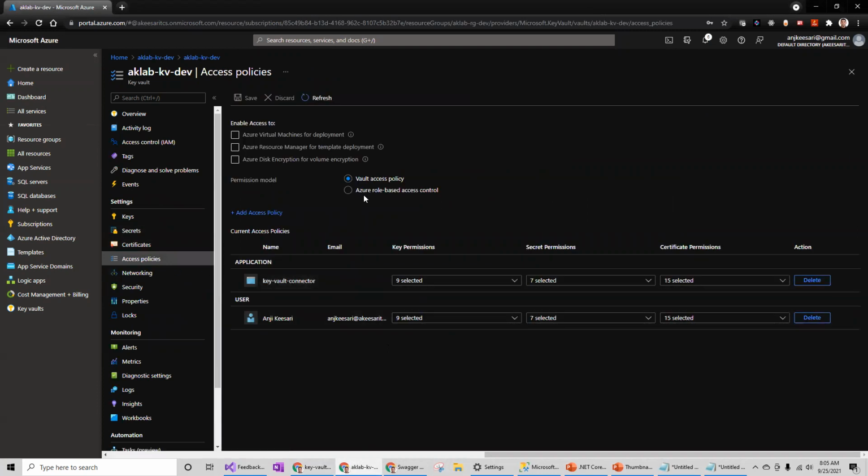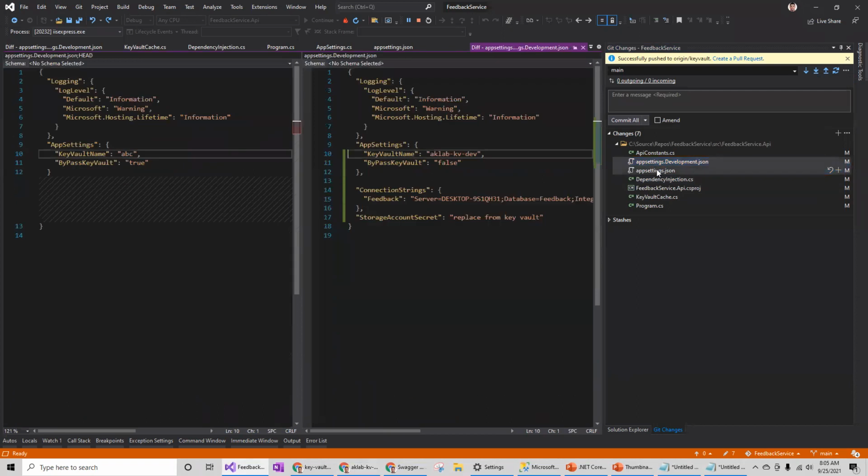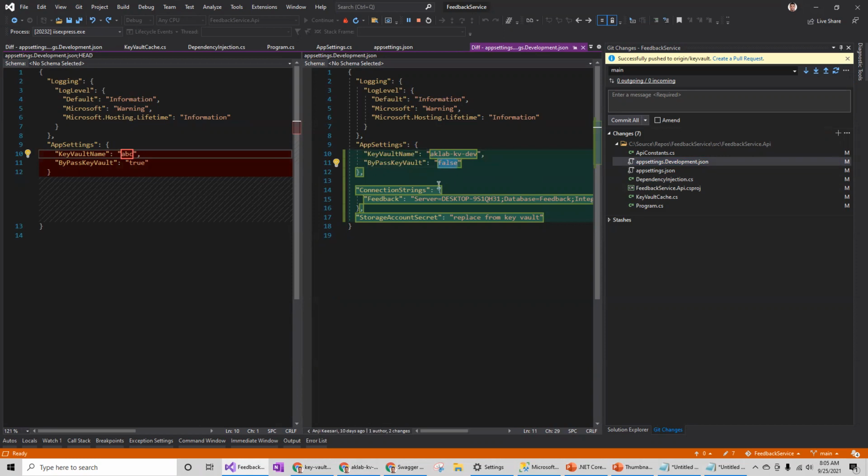So you can have two options here. Either you can use the RBAC or the Key Vault access policy. So I've given access to this app registered in the Active Directory so that this app can read the Key Vault. As I mentioned, locally I have a Key Vault bypass option also, so that if you run into issues, you can bypass.